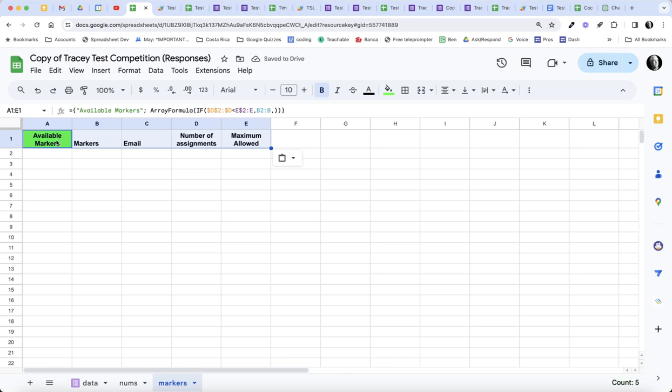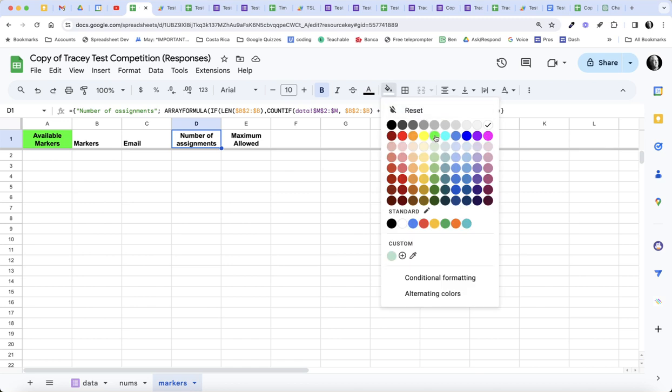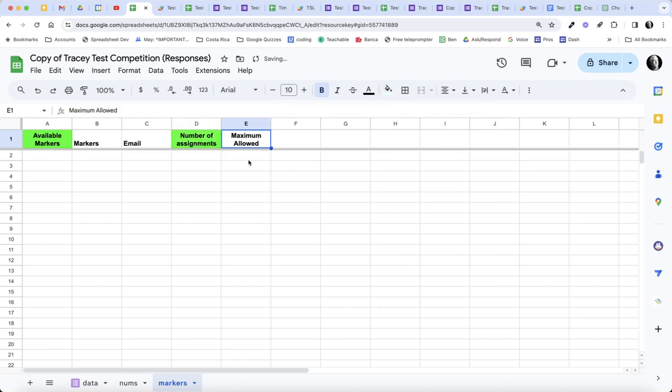So this is a formula that evaluates which markers are available. I guess I might have to make a copy of this sheet for you as well so you can copy these formulas, might be easier. And this is another formula. Let me mark that in green so that you can see. And max allowed is just what you're going to put in your markers. And actually,